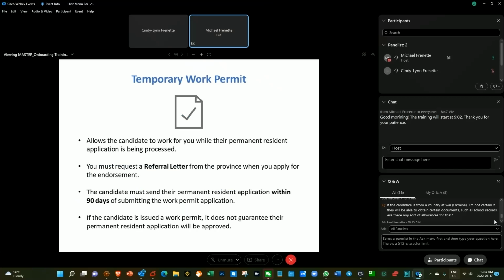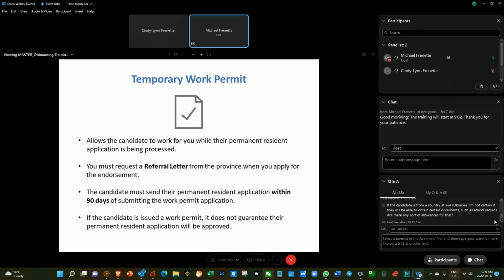We talked about it throughout the presentation, but your candidate may be eligible for a one-year work permit if you need to fill the position urgently. You must indicate in your endorsement application to the province that you want to hire the candidate on a work permit. When you apply to the province for candidate endorsement, you need to let them know at that stage. You can choose this option if the candidate does not already have a work permit that authorizes them to work for you, or maybe they're outside of the country. If approved, the province will provide you and the candidate with a referral letter to submit with the work permit application.